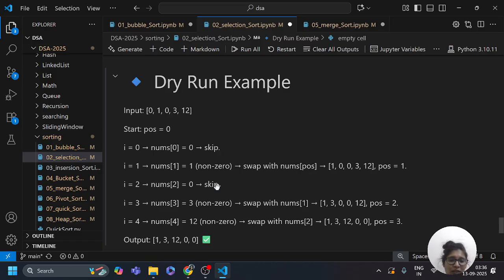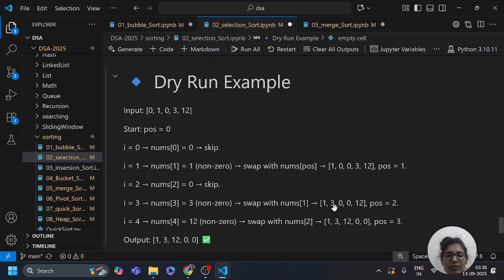Then at i equals 3, at index 0 we have 1, at 1 we have 0, at 2 we have 0, and at 3 we have 3. So this is non-zero, and we can swap it with the number at pos. Here we swap 0 with 3 and 3 with 0.